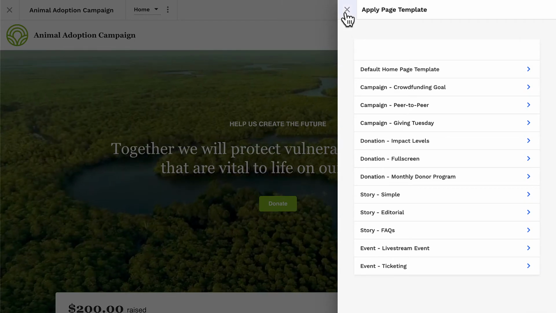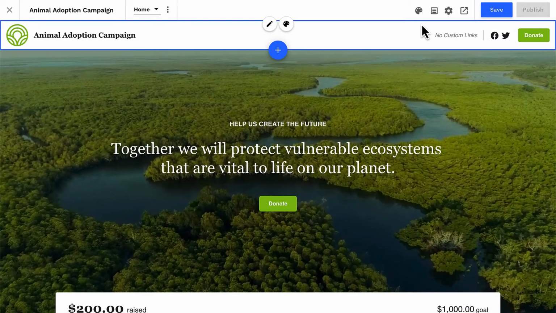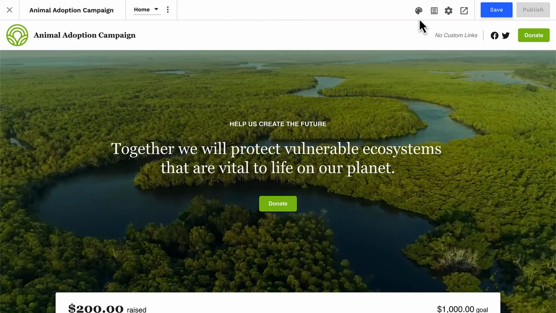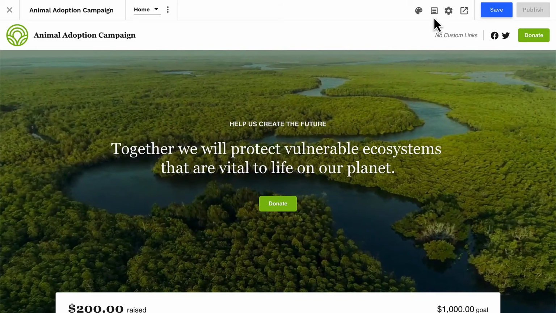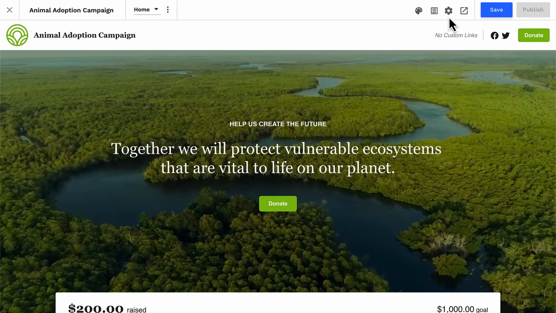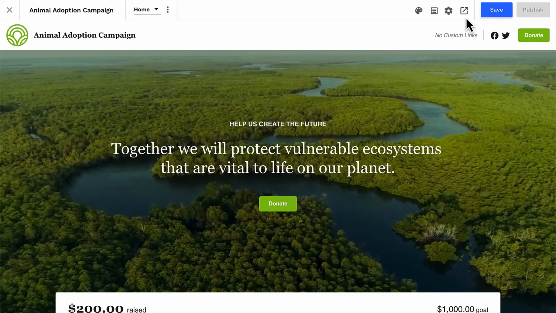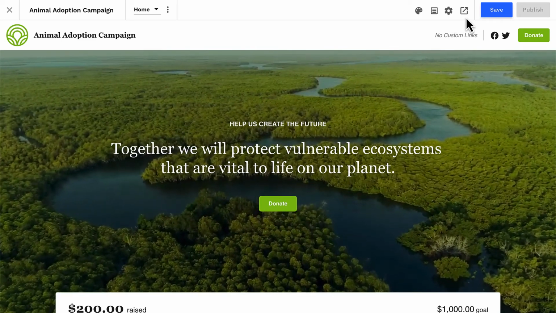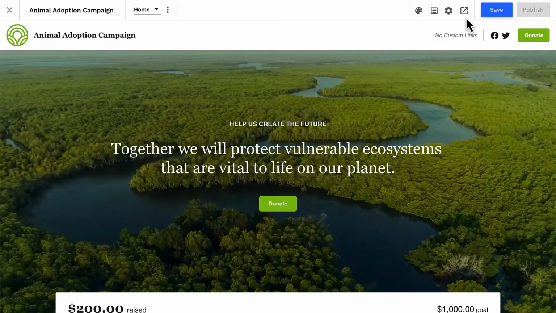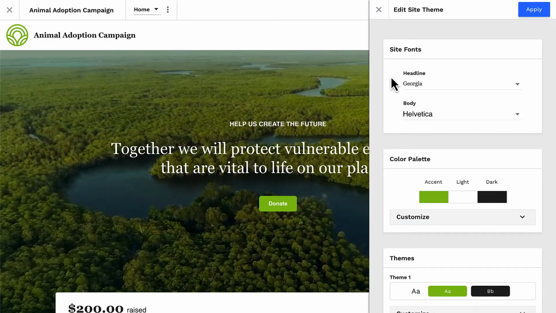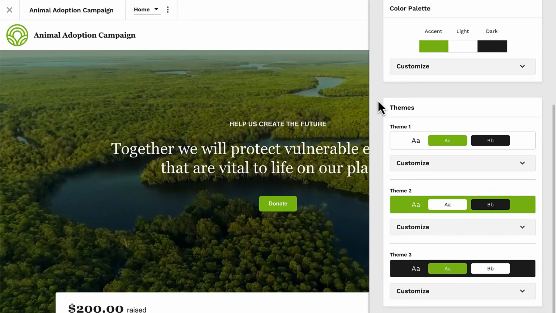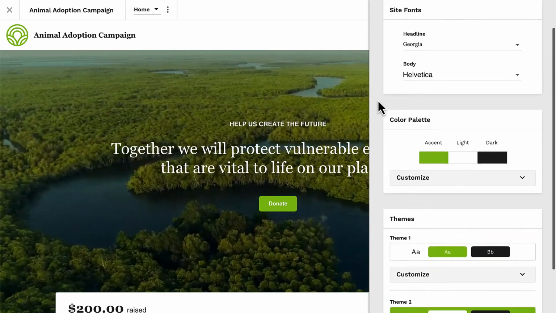All right, and to the left of the top bar, we can access our site's design themes, our site's giving form, and our site's overall settings. We can also access a quick link to view our live public site. But of course, our site is not yet live because we haven't published it. In Themes, we can control the fonts, colors, and design details for our site. We'll cover themes in detail in another lesson.